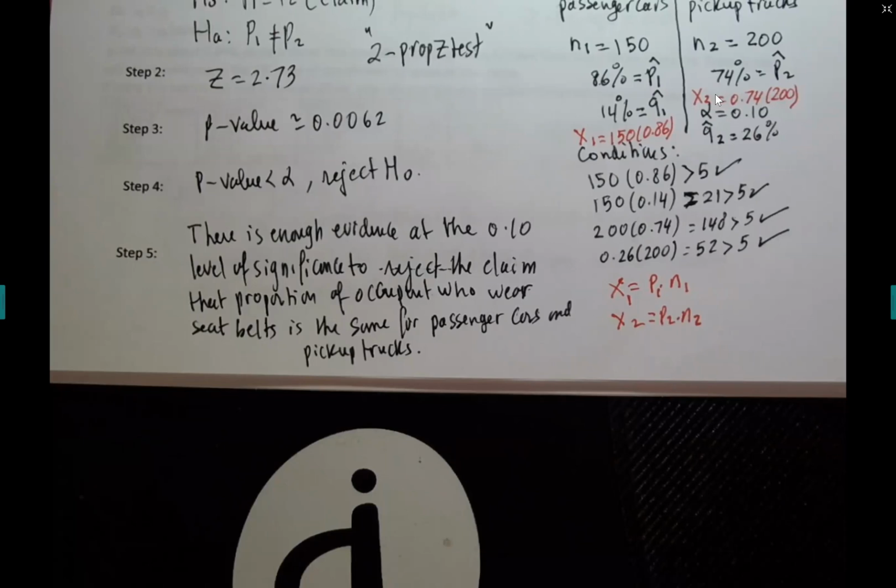And indeed they are. It's a big car, you know, so it might have a little bit more protection than a smaller car. And that's why, guys, we ended up rejecting the claim that the percentage of people who wear seat belts is the same for small cars and pickup trucks. So it does make sense that we end up rejecting this claim. Any questions? We're going to do another exercise